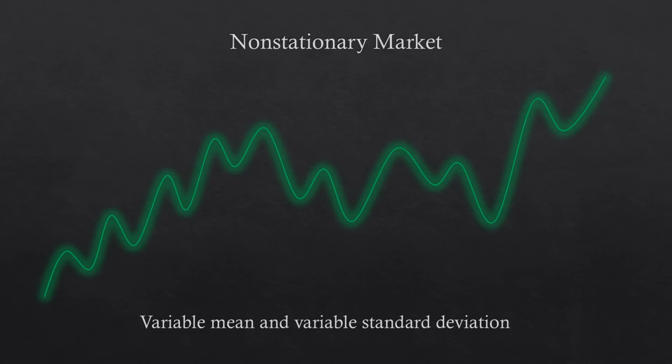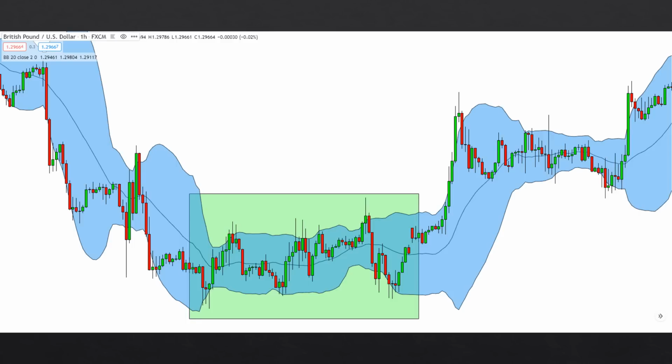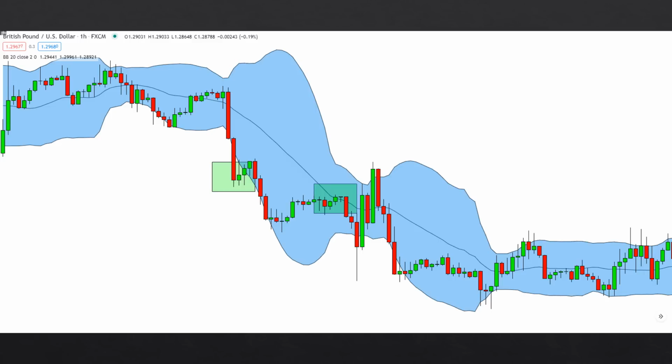In this chart, we can see that price was in stationary mode inside the green box, meaning that it was a sideways market. Notice how the mean-reverting strategy will work perfectly well in this case because we have a flat mean and a flat standard deviation. In the second chart, we can spot the problem of mean-reverting strategies in non-stationary markets. In the first green box, we can see that price escapes the boundaries outlined by the Bollinger Bands, so the trader could think it would be a good idea to buy the market with the hope that it reverses back